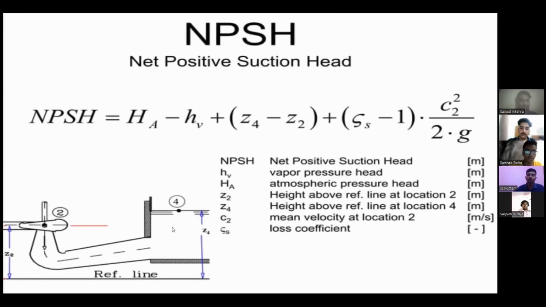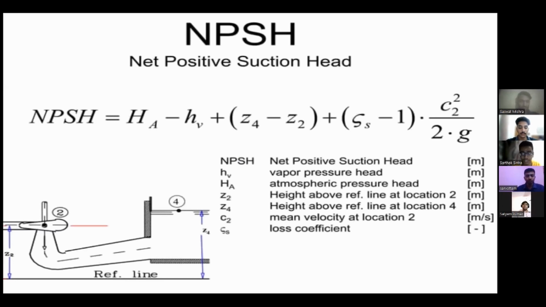Hello. So thank you, Sarvottam. Now we'll discuss NPSH. NPSH is net positive suction head. It is the absolute value of head available at the inlet of the turbine. Mathematically, it is defined as the absolute pressure head at the inlet of the pump minus the vapor pressure plus the velocity head. As you can see in the given diagram, we are calculating NPSH as HA minus HV